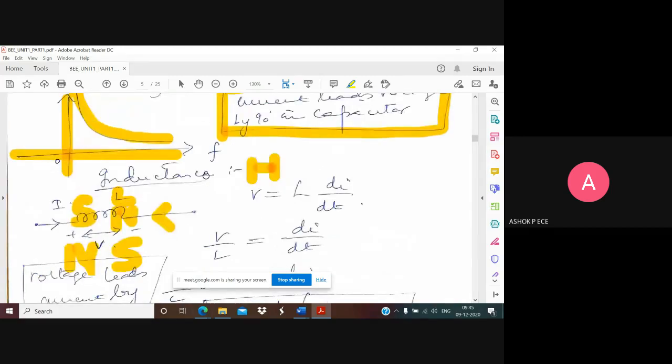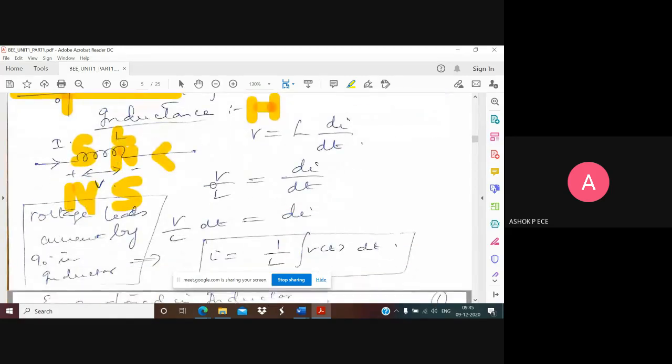Okay, there we talked about charge. Here we'll talk about flux, magnetic flux. And voltage across an inductor is given by V is equal to L into di by dt. This is the equation for voltage. Again, the derivation is...